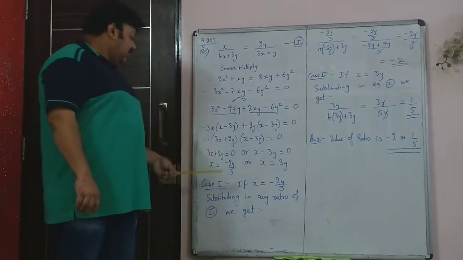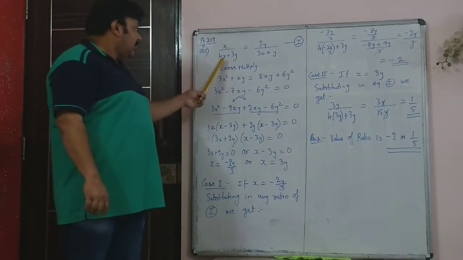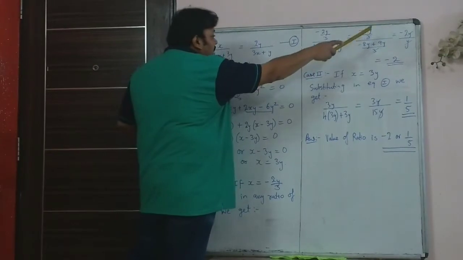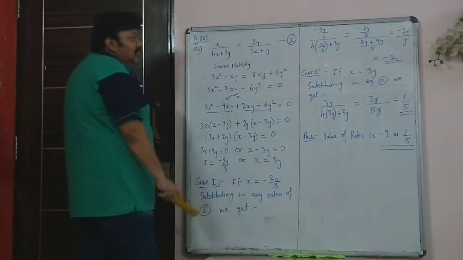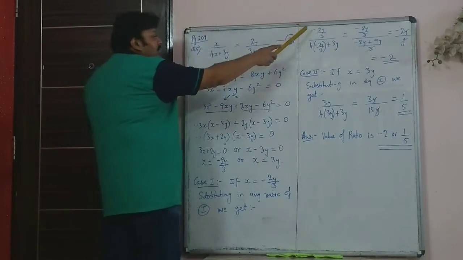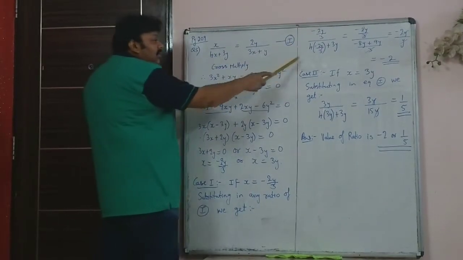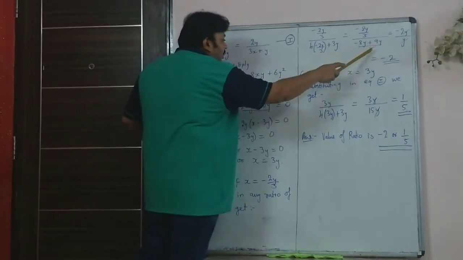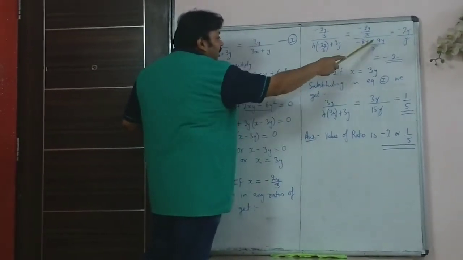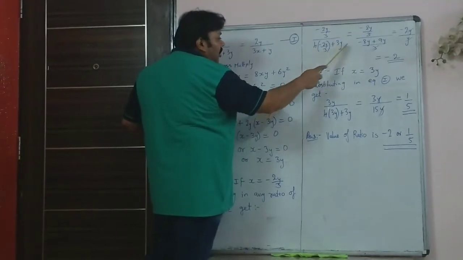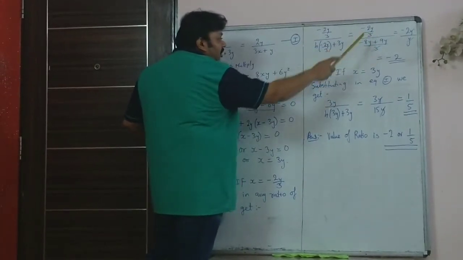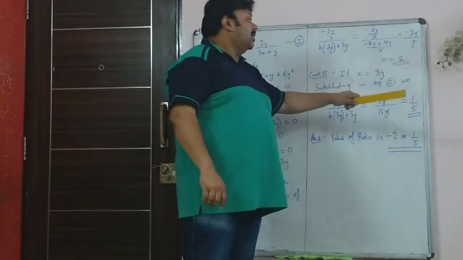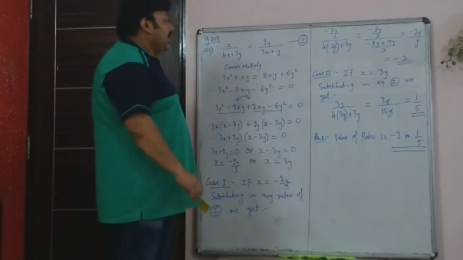So once you substitute x is equal to minus 2y by 3 in the left hand side, we are getting the answer as minus 2, because you will get minus 2y by 3, and here also you have substituted for x. Then you have taken the common factor, that is you have cross multiplied and made this 9y upon, the entire thing is upon 3, so 3 will get cancelled, and then finally minus 2y upon y will get cancelled, so the answer will be minus 2.